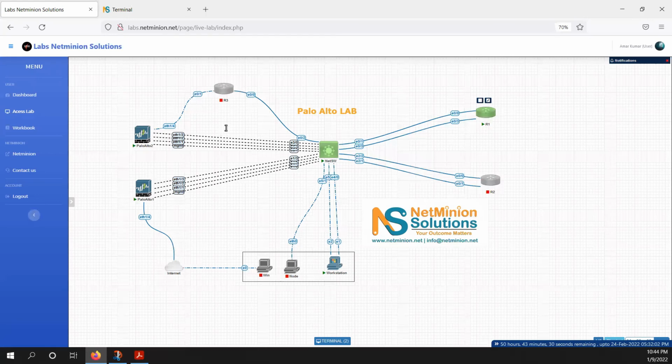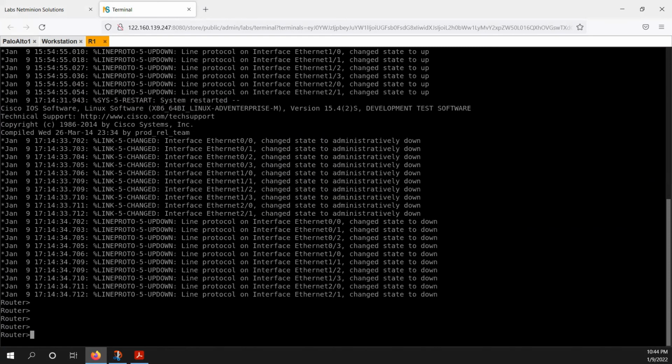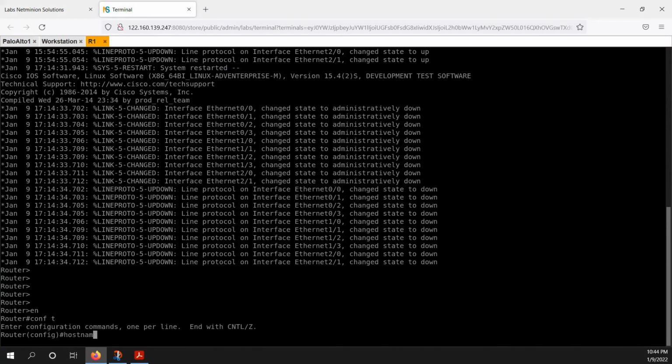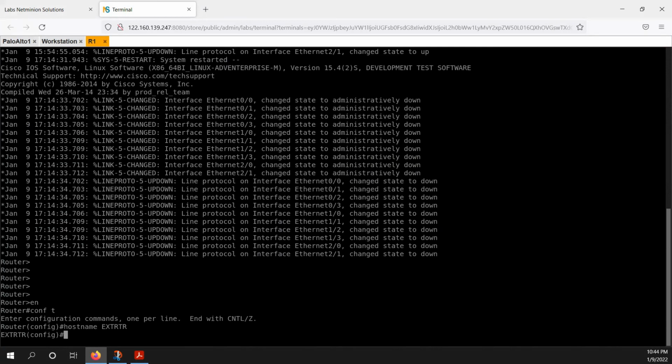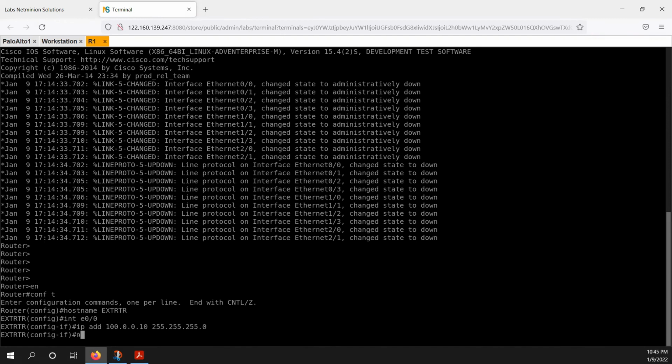So this is the router. Enable, hostname, let's say this is external router, and then interface 0/0, IP address 100.0.0.10, 255.255.255.0 is the subnet mask, no shut.